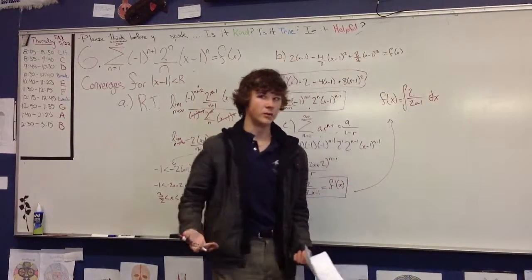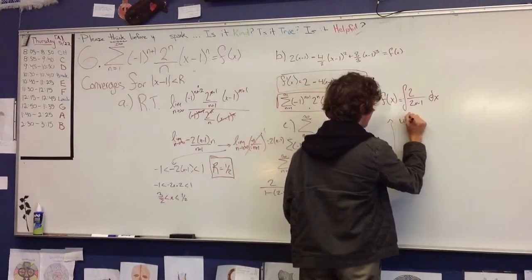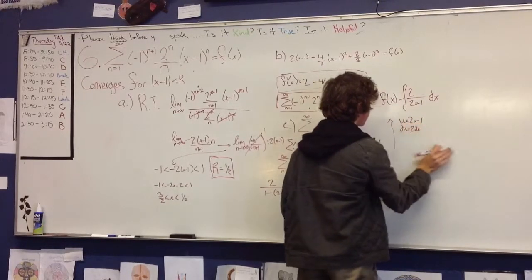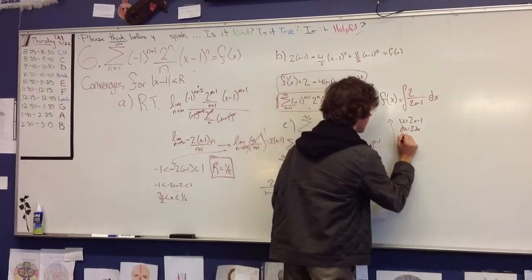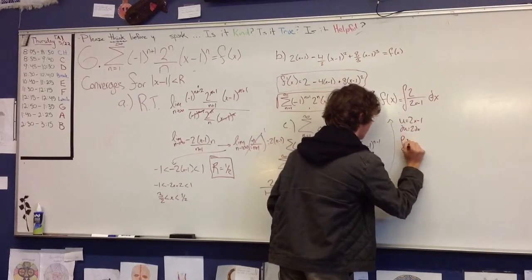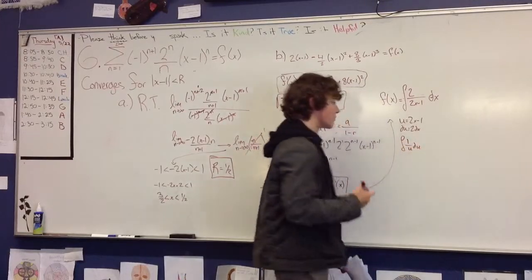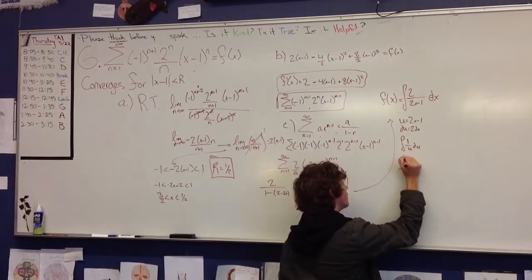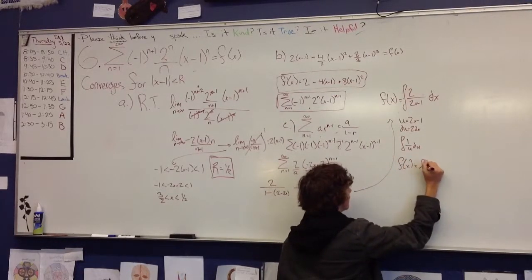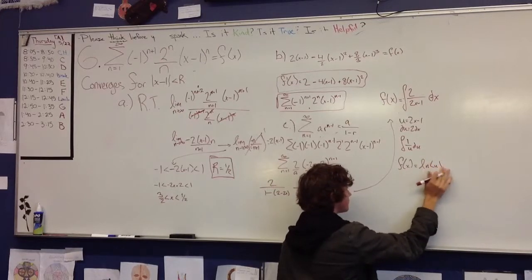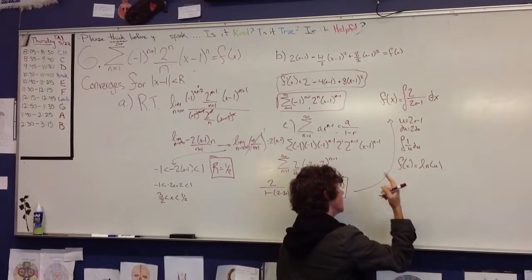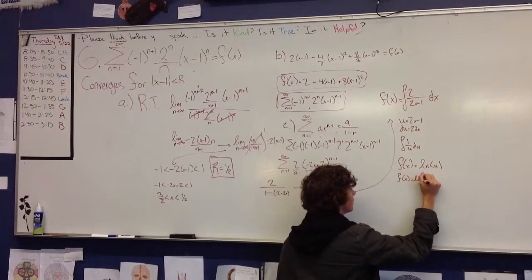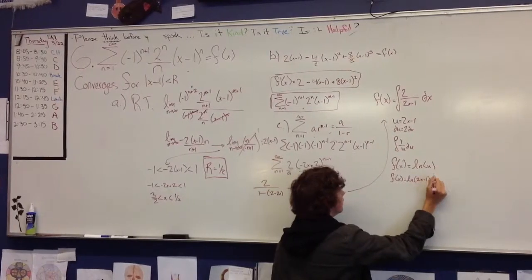And this is just a simple matter of u substitution. So u equals 2x minus 1, du equals 2 dx. So this becomes the integral of 1 over u du, which of course is the natural log of u. So f of x equals the natural log of u, and therefore, since u equals 2x minus 1, f of x equals the natural log of 2x minus 1, and that